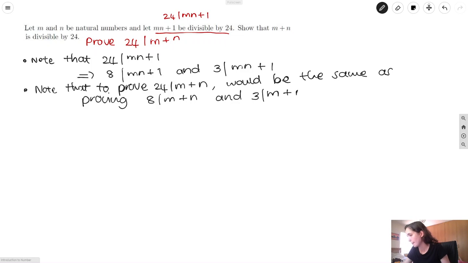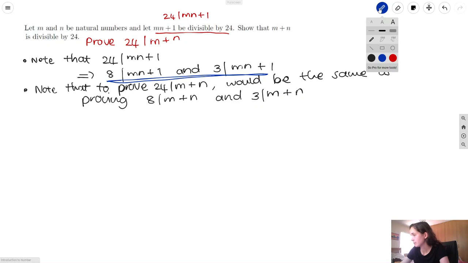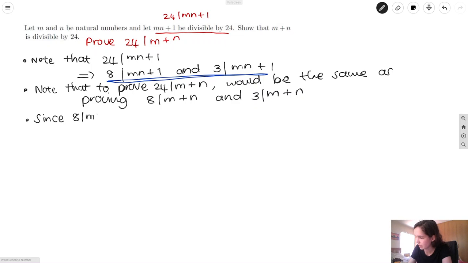Okay. What we're going to do is show that, since 8 divides mn plus 1 and 3 divides mn plus 1,